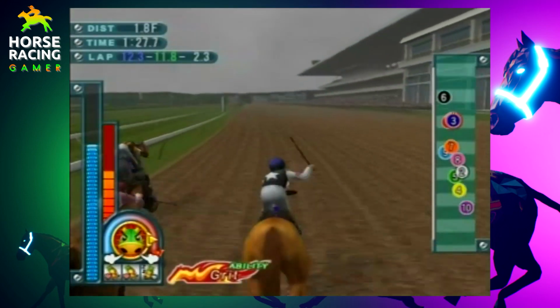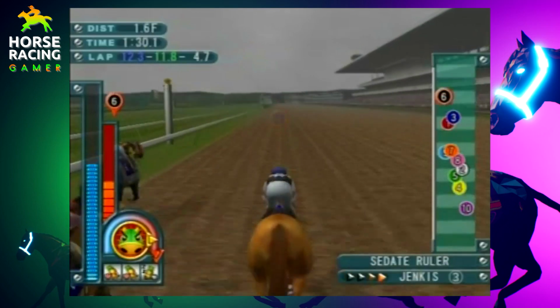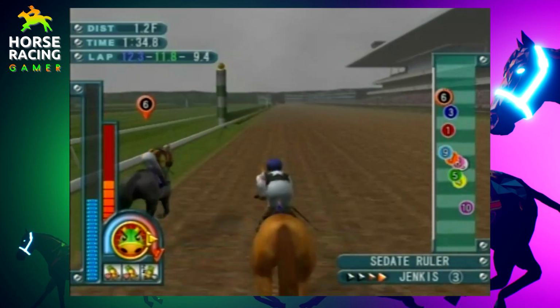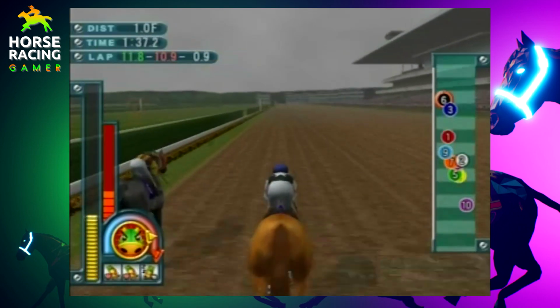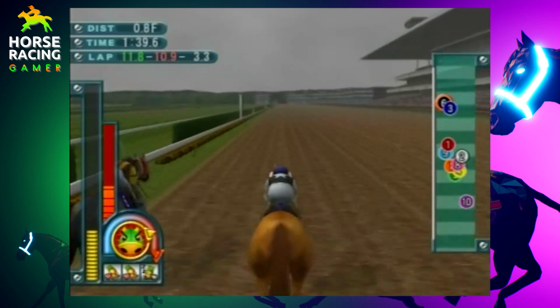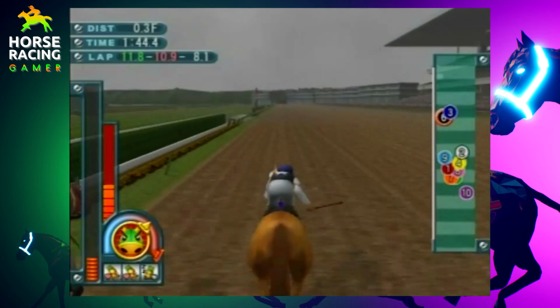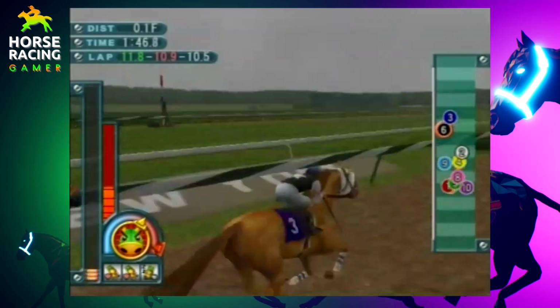Oh, it's over, isn't it? We got to catch Sedate Ruler. Sedate Ruler is not better than Delta Dream. We won the Triple Crown. And look, we're going by Sedate Ruler like he's nothing. Oh, Delta Dream, man. I wonder...